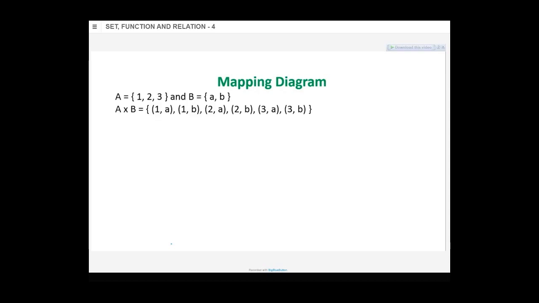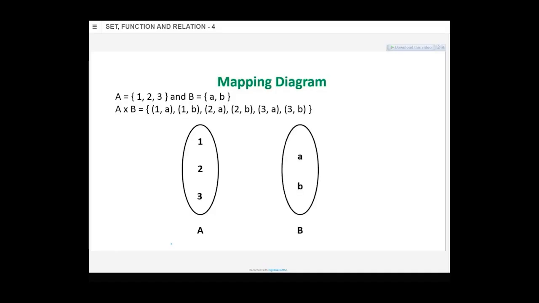सेम विथ 3 का भी रिलेशन A और B के साथ, दोनों के साथ है. तो हर एक के कितने एरोज आ गए? 2 एरो. A से B में जाने वाले 2 एरो दिखेंगे हर एक के, एवरी एलिमेंट. 1 के 2, 2 के 2, 3 के भी 2 है, मल्टीपल एरोज. ओके, दिस इज कॉल्ड एज मैपिंग डायग्राम. क्लियर? नेक्स्ट,